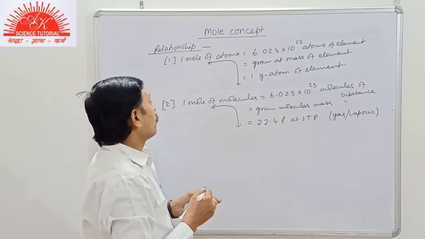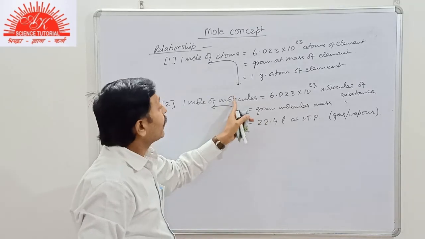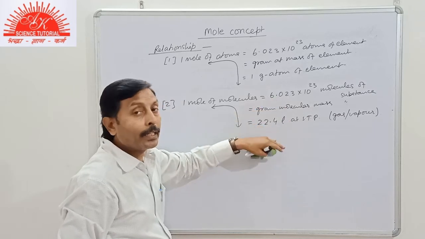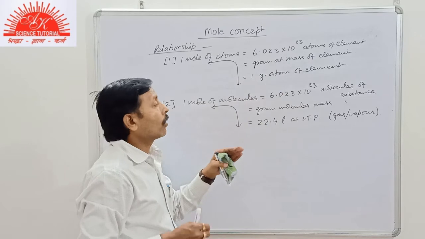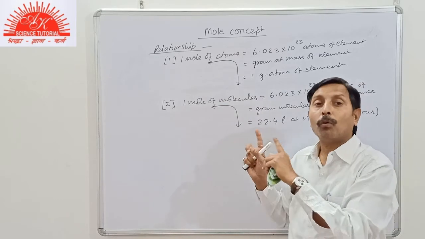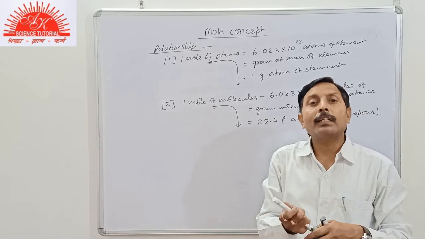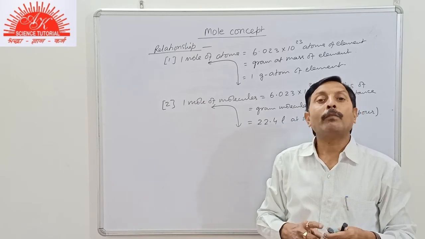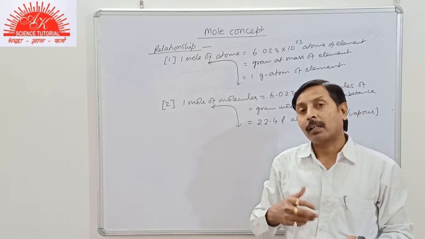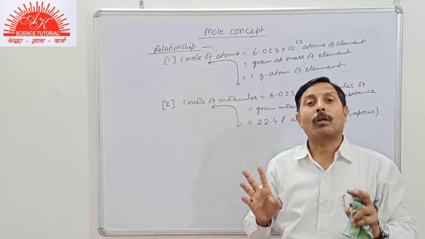You can find from mole the volume of the gas, from mole you can find the mass of the gas, you can find the number of molecules, or you can find the number of molecules in the given volume of gas or the mole or the mass. Means these are related with each other. So this is called mole concept. Now students, mole concept is nothing but the relation of mole with different physical quantities used for measurement of mass, volume and the number of particles of atoms and molecules. So this is about the mole concept.